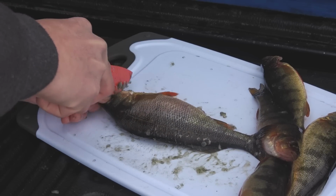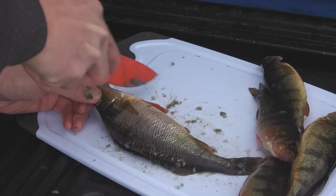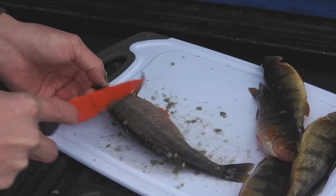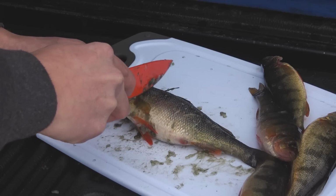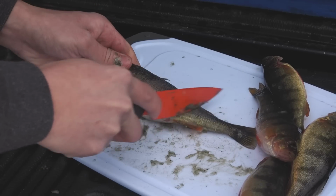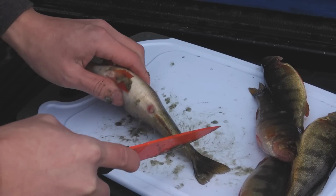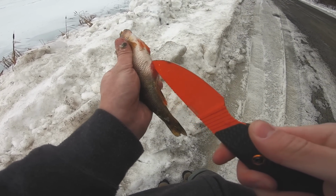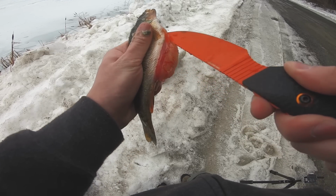The fish is pretty much clean. I'm just going a third round just to really make sure that there's really no scales left. This perch is pretty much scaled, so I'm just gonna cut open its